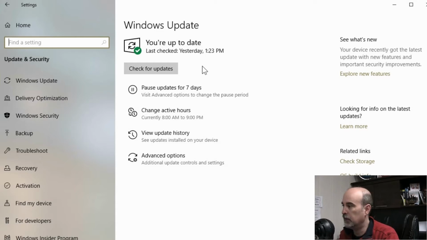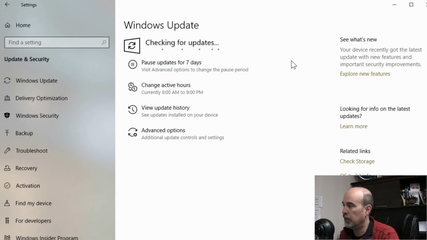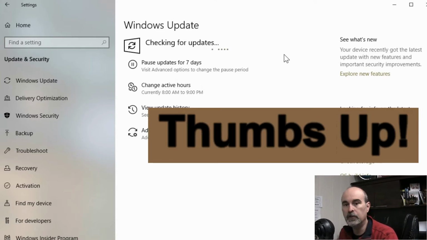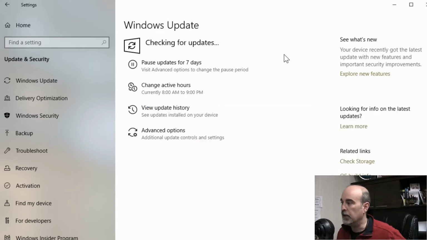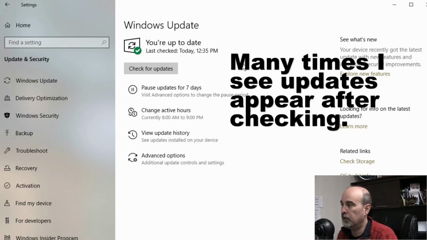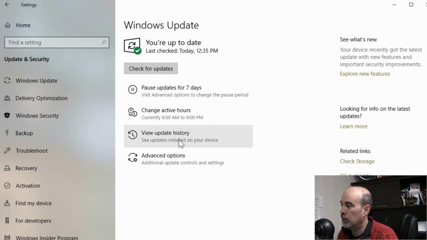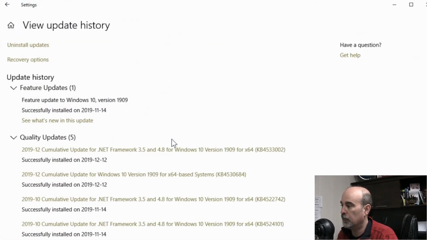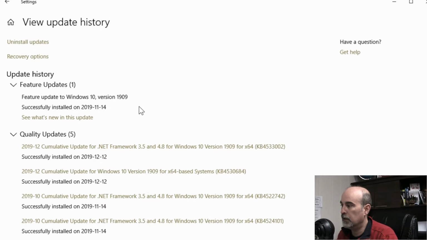I never trust that. I always click check for updates anyway, and it checks, and depending on the speed of your computer and the speed of your internet, it may take a fair amount of time, maybe even half an hour. I've seen some of them take, but in this one here you can see that it only took a few seconds and it finished, and it's not showing me that there's any more updates. So you can look at your update history, and it tells you here the last things that were done.